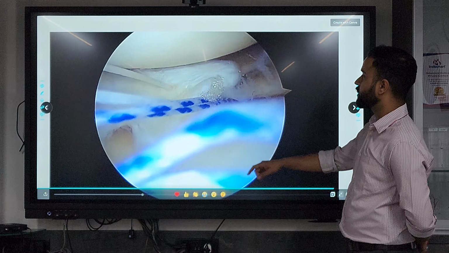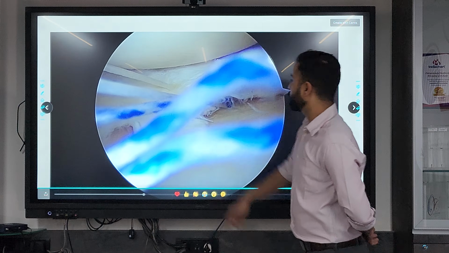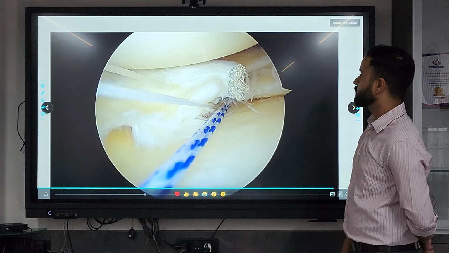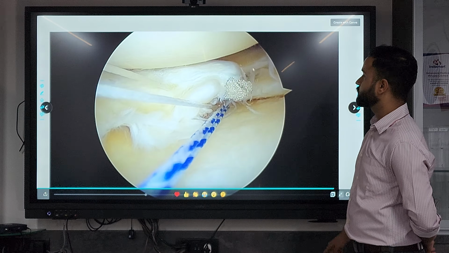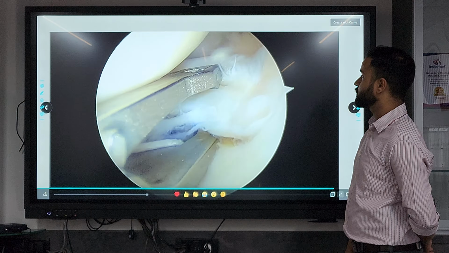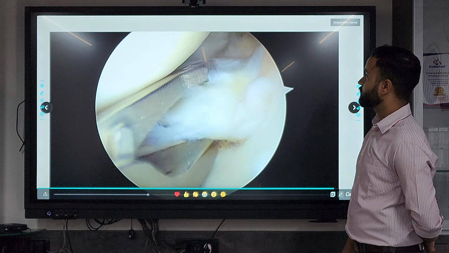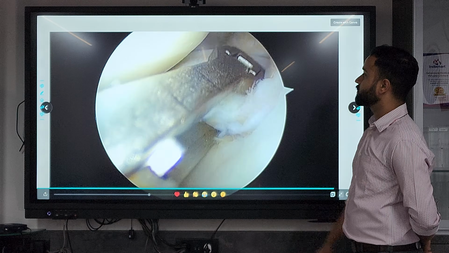As you can see, now this one has been placed. And this is on the other side.